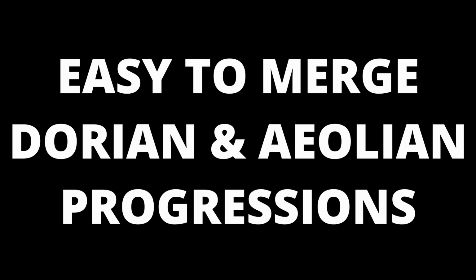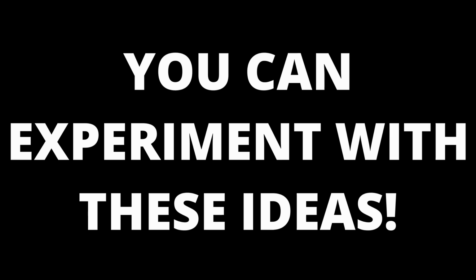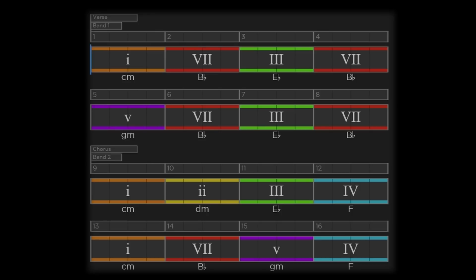you can see that it could be easy to merge or blend Dorian progressions with Aeolian/minor progressions, and this is commonly done, whether deliberately or not. As a songwriter, you could also play with this idea, having one section that uses chords that appear in both modes, and only defining the Dorian sound with 2 or 4 in the chorus. For example,